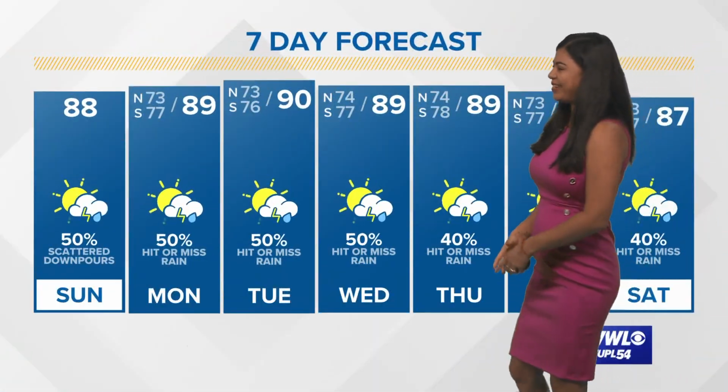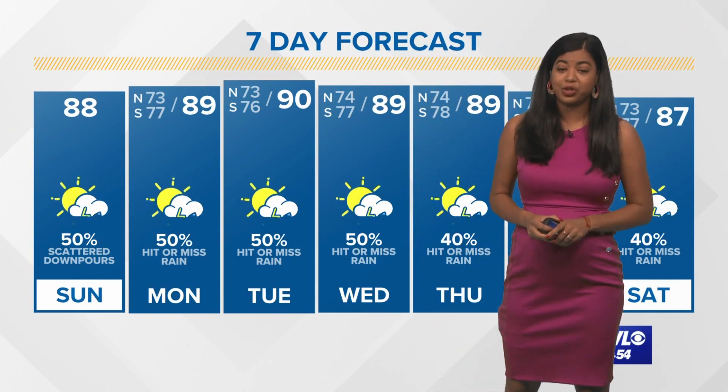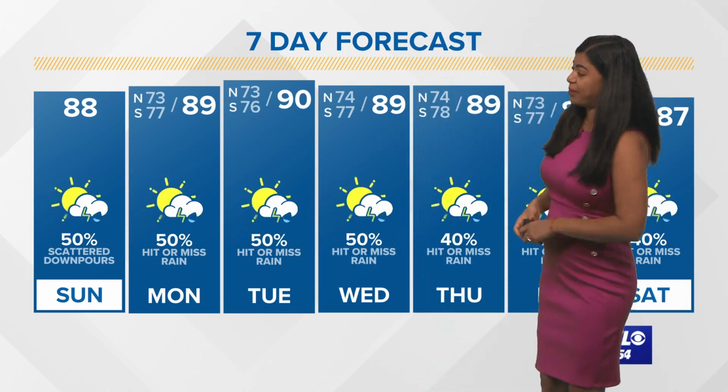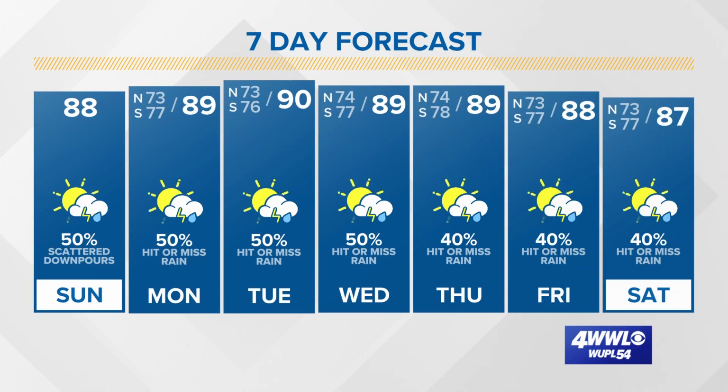Here's a look at your 7-day. So scattered downpours possible, upper 80s. We'll be starting off with a few showers as we begin our Monday, really isolated. And of course, as we get into the afternoon hours, things will really start flaring up with temperatures in the upper 80s. It'll be hot and humid, lower 90s, upper 80s through the rest of the weekend. Your typical